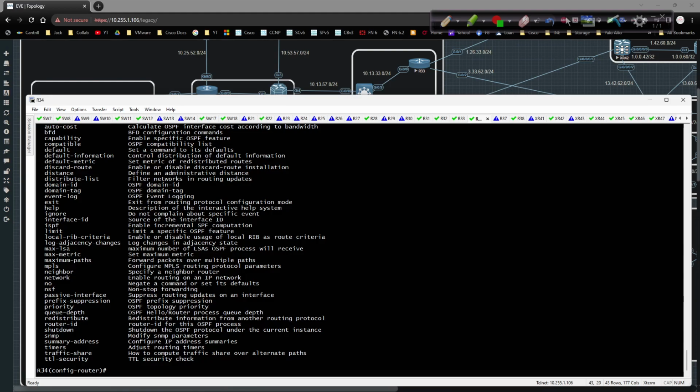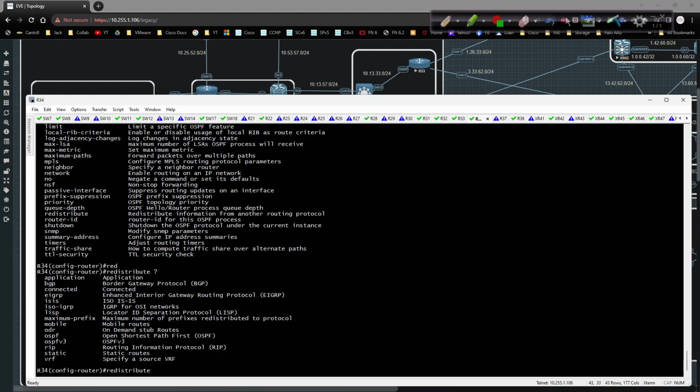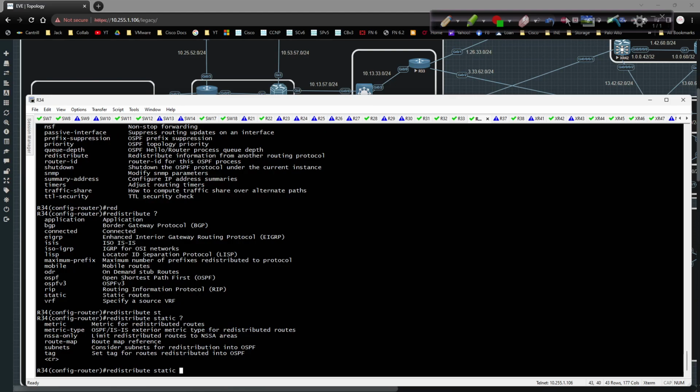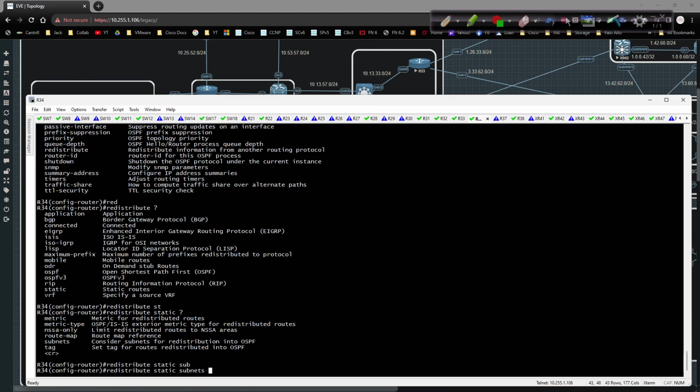Normally what I would do is a default information originate. The reason is if you look right here, it says redistribute: redistribute information from another routing protocol. Okay. So if I was to type in redistribute static, which I can do, and then subnets,